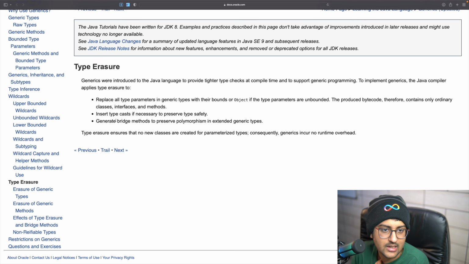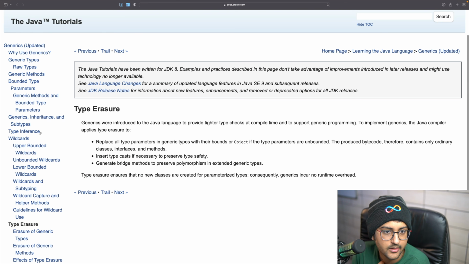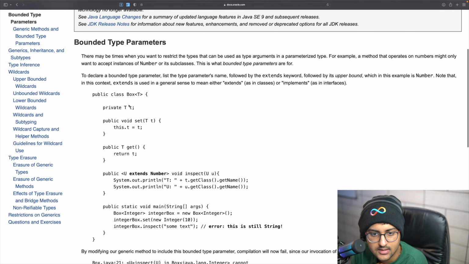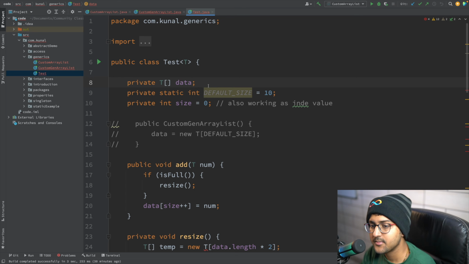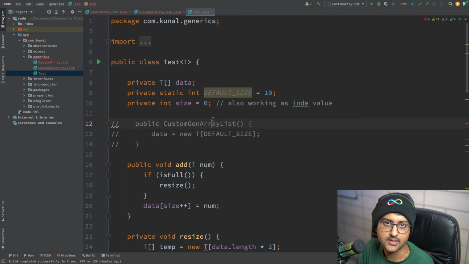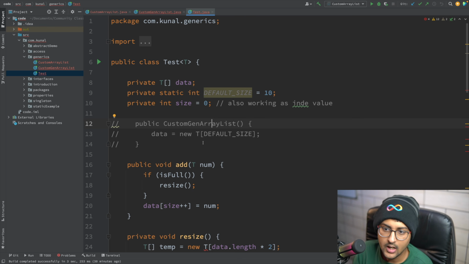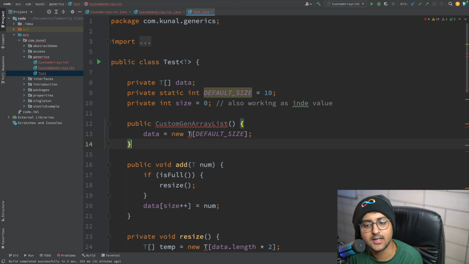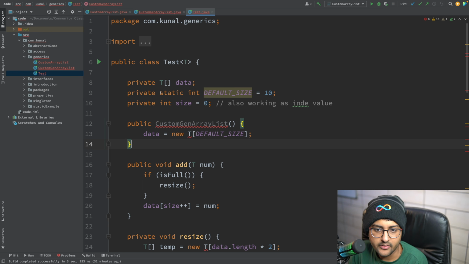So over here, what is happening is that let me show you some bound type parameters. So here, if you have something like this, let me just see. Okay, so in simple language, what does this mean? It's not going to allow it at runtime. Imagine if this was allowed. It's checking the type during compile time, and the actual object creation happens during the runtime.